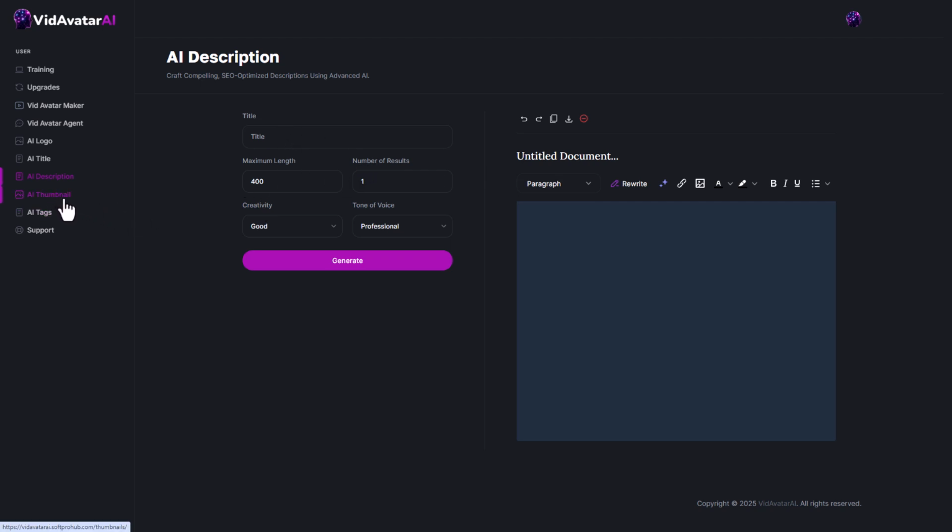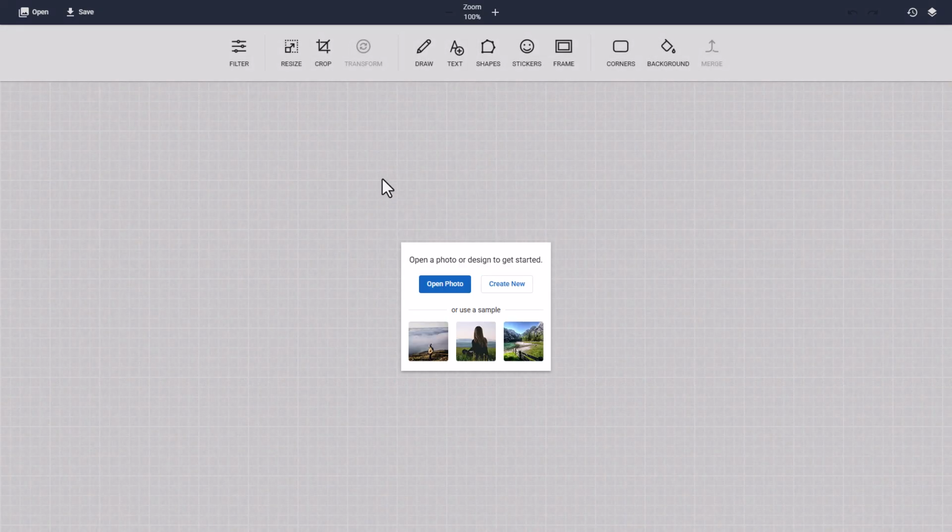Now, this AI thumbnail is very misleading because if we click on this, then we go to this generic thumbnail creator or photo editor that all these softwares give you. This is nothing, there's no AI to this. This is just a very simple web-based program where you can effectively import an image or search for an image, put some text on it and some shapes and then download it. This is not an AI tool.